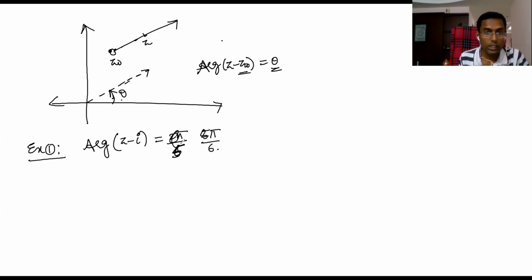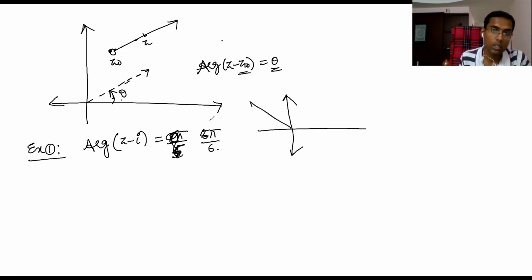Okay, so now let's see, try to understand this one. It is in the second quadrant, which means 30 into 5 is 150. 150 means 90 plus 60, like this. But the origin is shifted to where? To i. So now it should start with i, excluding i. Now this is your ray. This is a ray I just wrote here.